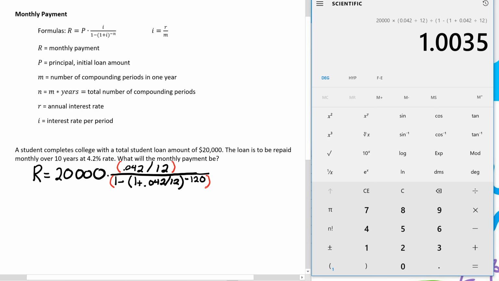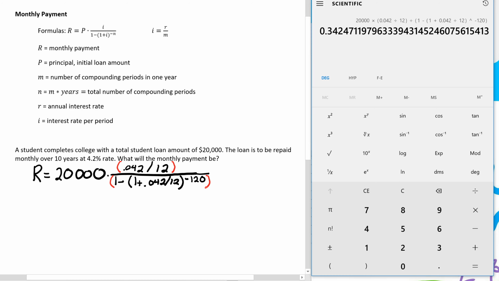Now that quantity needs to be raised to a power, and the power is negative 120. We close our parenthesis to say we're done with our denominator, and that looks like it might be the answer, but it's not. Hit equals, and the answer is